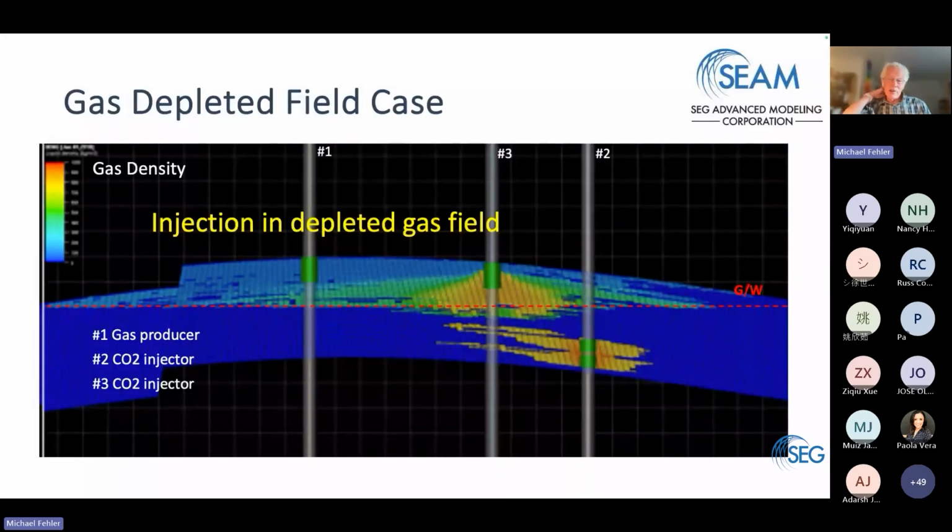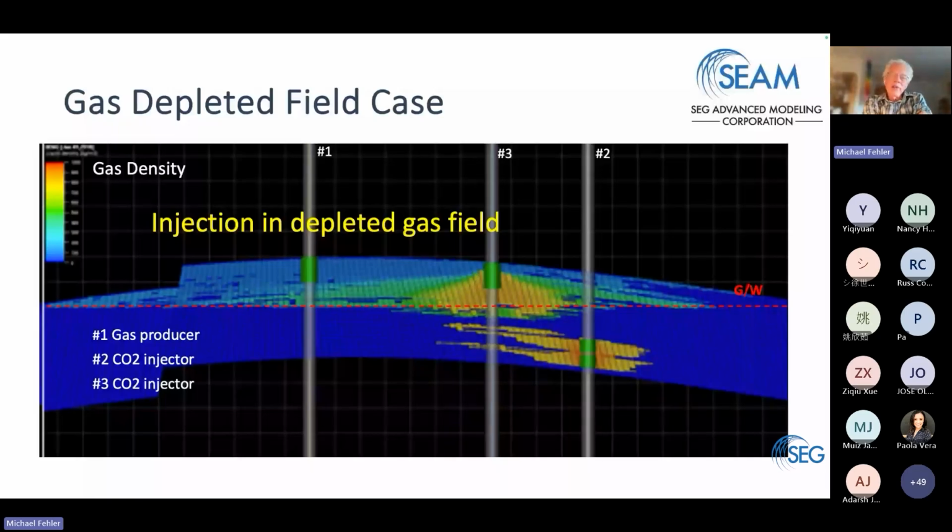This is a reservoir simulation that was done by Chevron without geomechanics. SLB is now in the process of doing fully coupled reservoir geomechanical simulations of, again, this long scenario that will have gas production and then CO2 injection. So it'll be a depleted reservoir. So we're hoping to get that done by the end of the project later this fall.